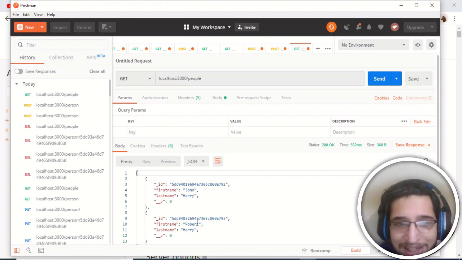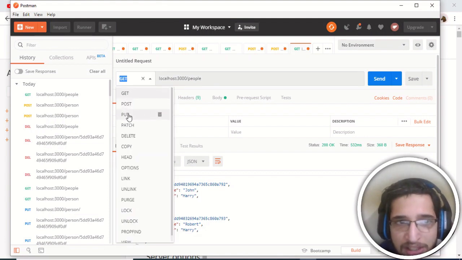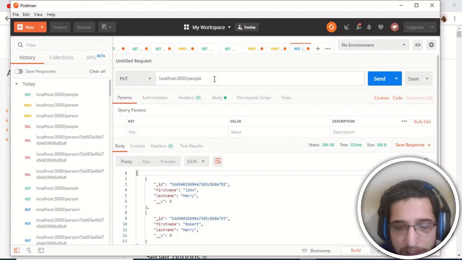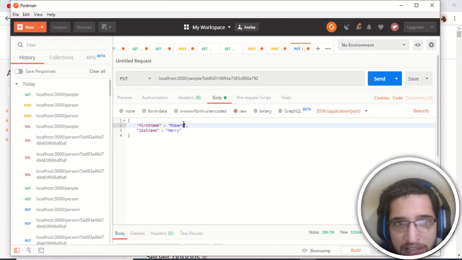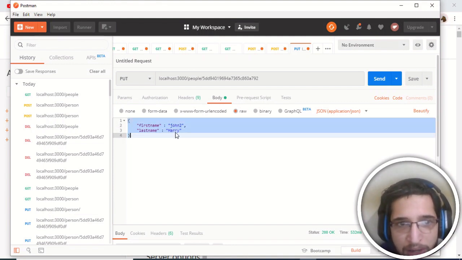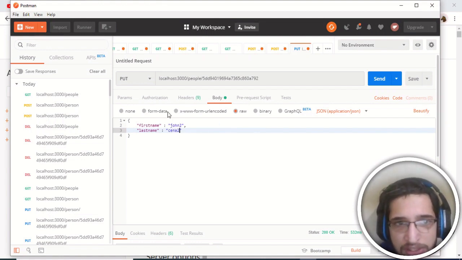Now in order to update the details of any person, we will be making a put request. So just select put here, and we will be passing a slash, and then we will be copy pasting the ID of the person that you want to update. So let's suppose I want to update the first entry. I will be copy pasting the ID, and in the body section I will be replacing John. Let's suppose I will change John to John 2, and the last name I also want to change to Sina 2. And you can see that if I send this request,